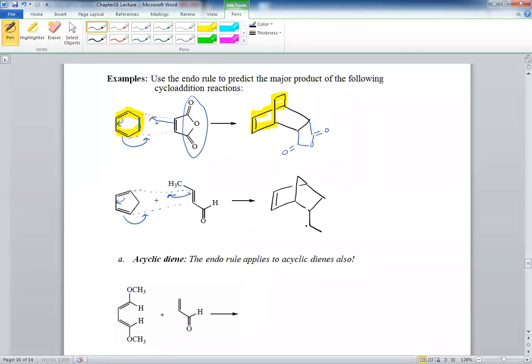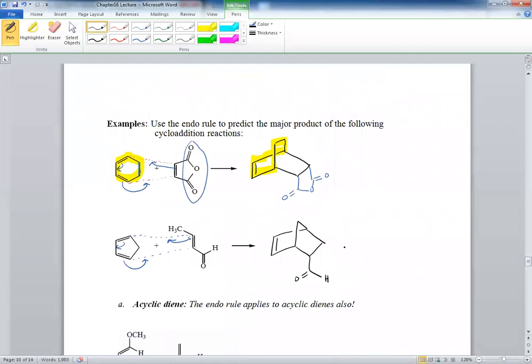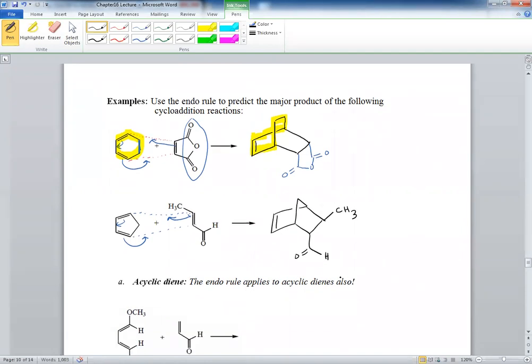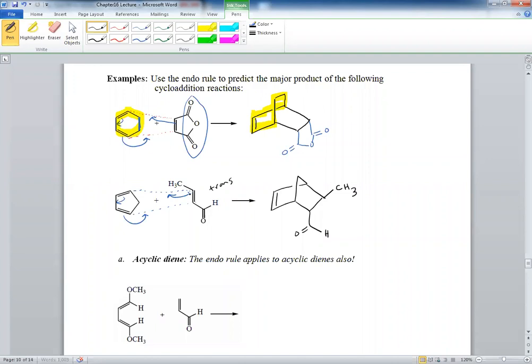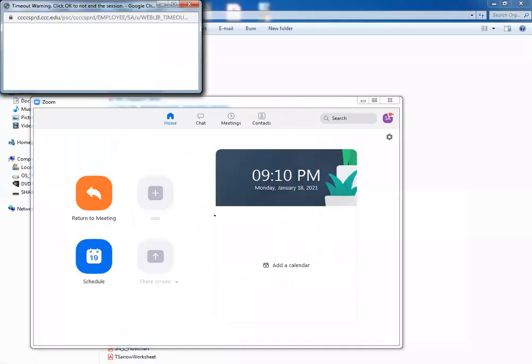So we need it to be endo. So this is pointing down. And the methyl group actually would be pointing up because they're on opposite sides. So this is trans. You can think of it that way. So you can't have them both pointing down because they are on opposite sides, which actually brings us to acyclic